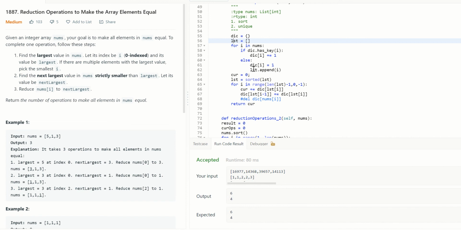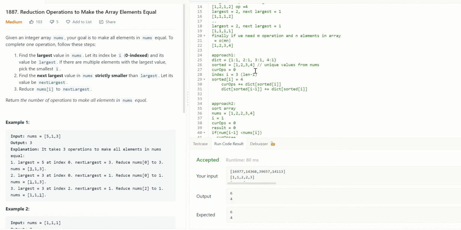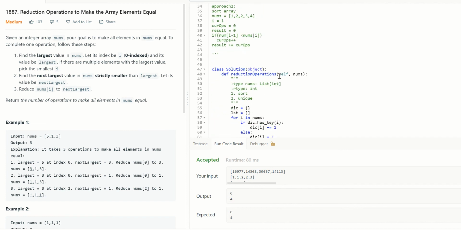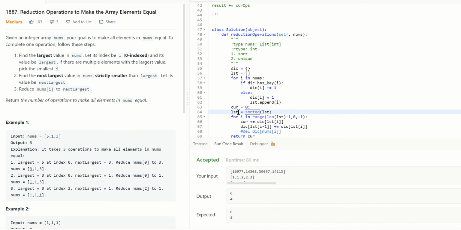As and when a value appears the first time, we add it to the list. So my list will have unique values. We are keeping the list sorted, just like what we did. So sorted will have unique values from the nums. That's what our list is here.